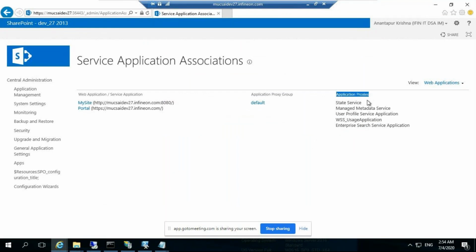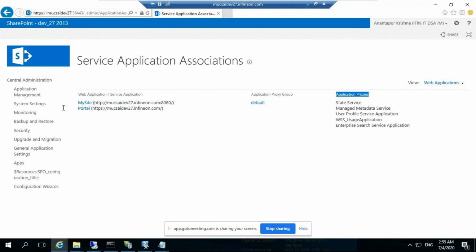We are creating this search service application to enable the search functionality on the web application, so that out of the box it will be there.